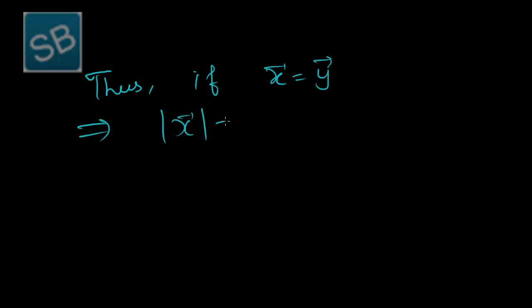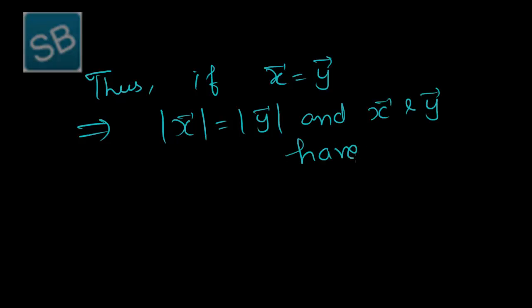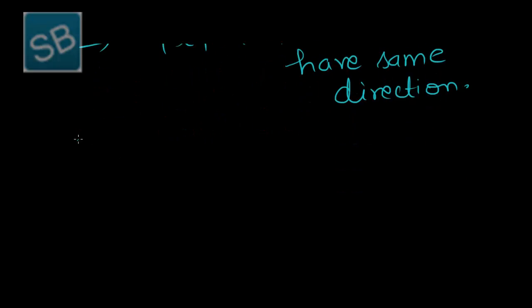Thus, if vector x is equal to vector y, that implies the magnitudes of both vectors are the same and vector x and vector y have the same direction. As it was an if and only if statement, we'll discuss the converse part. So the converse is